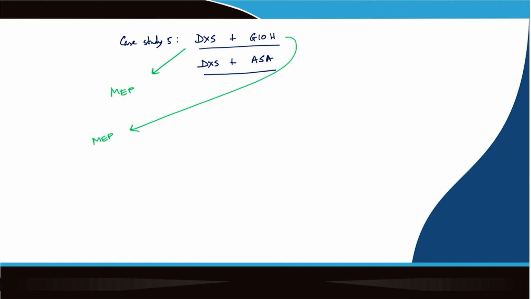That means, when you are expressing both DXS and G10H, that leads to more secologanin formation, and similarly in the other case, using DXS, the first enzyme of the MEP pathway, eventually leads to the formation of secologanin,